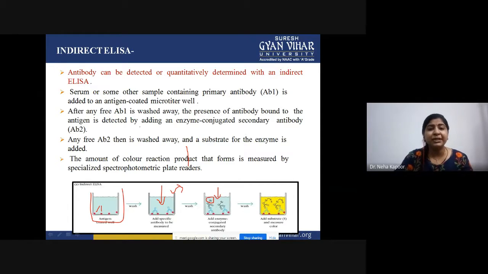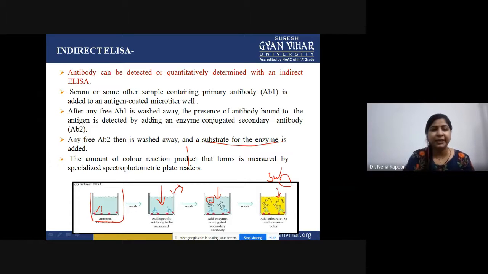That substrate is basically specific for the enzyme. So once we add the substrate over here, that substrate will react with the enzyme, and if the enzyme is conjugated to it, it will start producing a colored reaction. That colored reaction is then measured by spectrophotometric or microtiter plate readers, or you can say at the specific wavelength the absorbance is noted down,